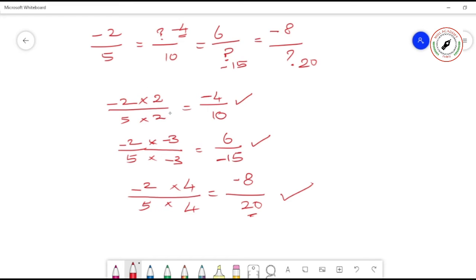This is the equivalent of this number. Okay. This number's equivalents are these 3, 1, 2 and these 3. This is how you have to find the equivalent, that is, multiplying with its factors. What is a factor? The factor may be 2, 3, 4, but you have to multiply on both numerator and denominator. Understand? Slowly you have to start understanding.